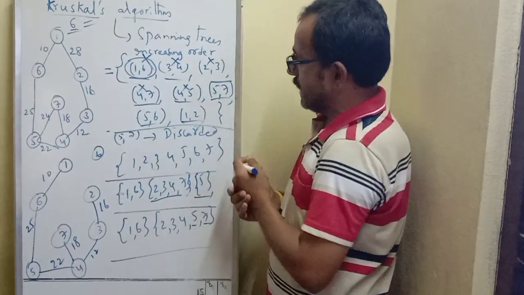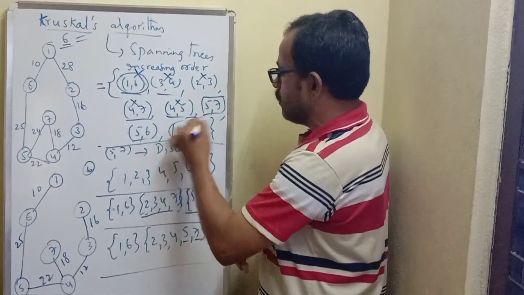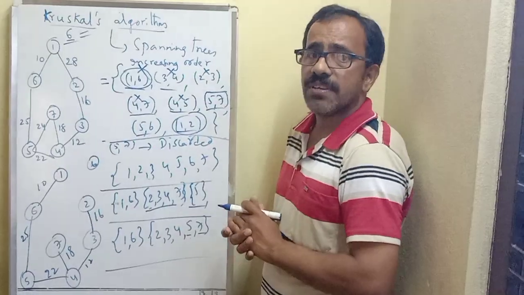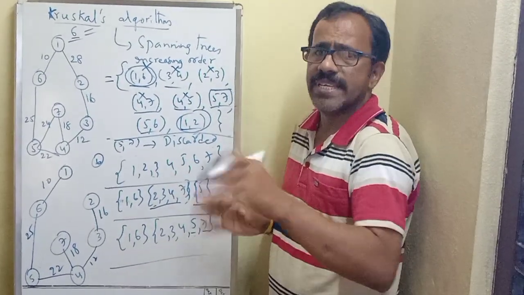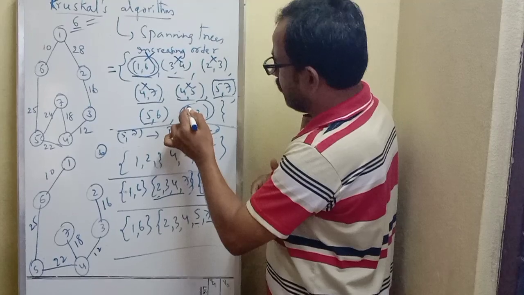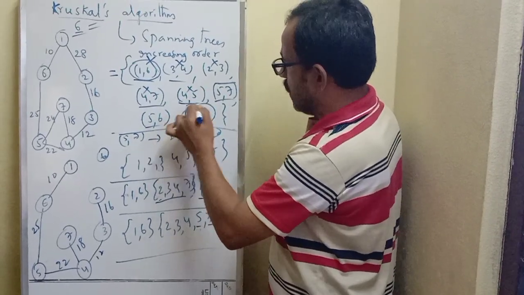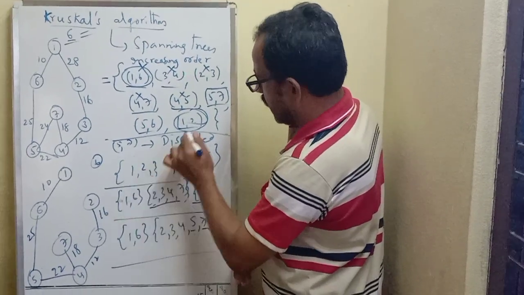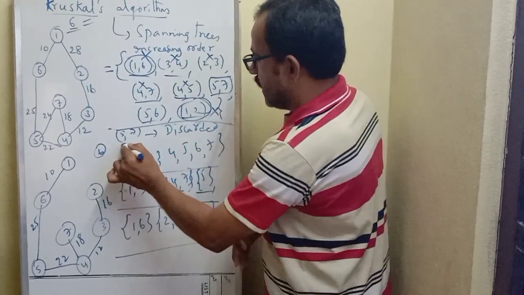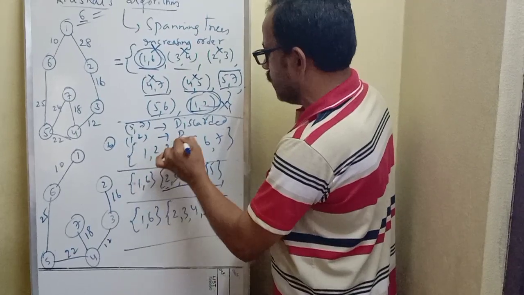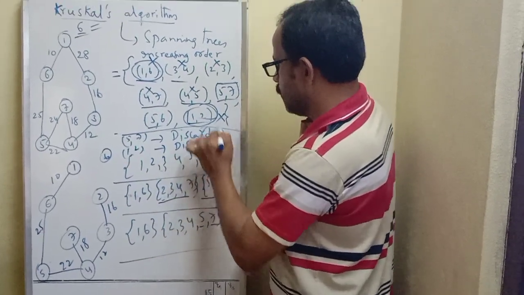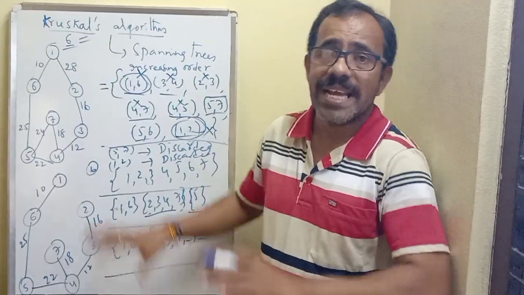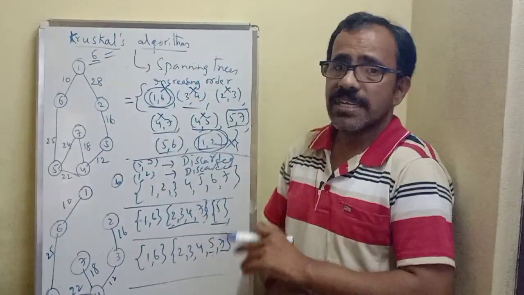But one more edge is there in the set. But verify whether this edge inclusion is possible or not. But we cannot add it, because already 7 vertices are connected with 6 edges. Then again verify whether this particular edge is also there in set 1, 2. Then 1 and 2 are there in the same set. Then 1, 2 inclusion is not possible. Then simply we can write 1, 2 is also discarded. Then finally, whatever the tree we obtained, that tree is treated as spanning tree according to Kruskal's algorithm.